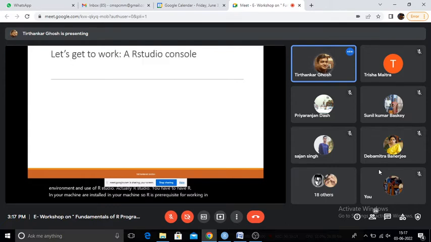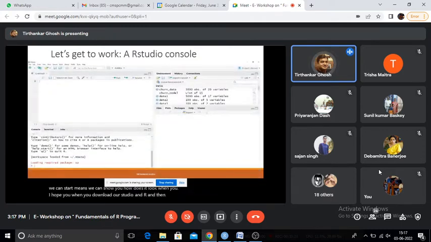Okay, so we can start. Start means we can show you how it looks when you download RStudio and R. A typical RStudio console looks like this. There are four quadrants. In the top left, it is a place where we can write the code and save it.